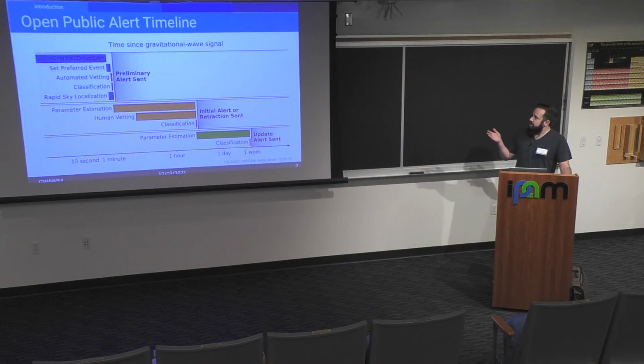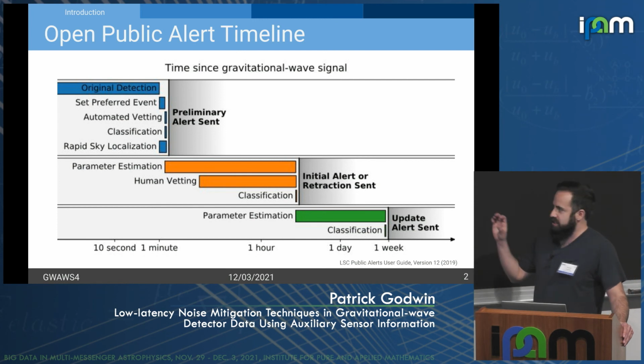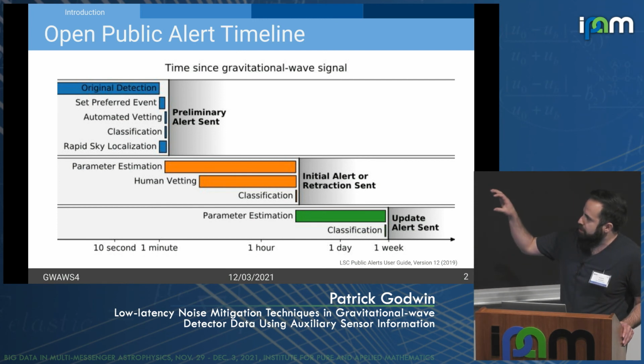First off, I'll be talking about this open public alert timeline for gravitational wave alerts. This was basically the timeline for O3. So, the time to send out an automated alert is in this first square on the top with all this